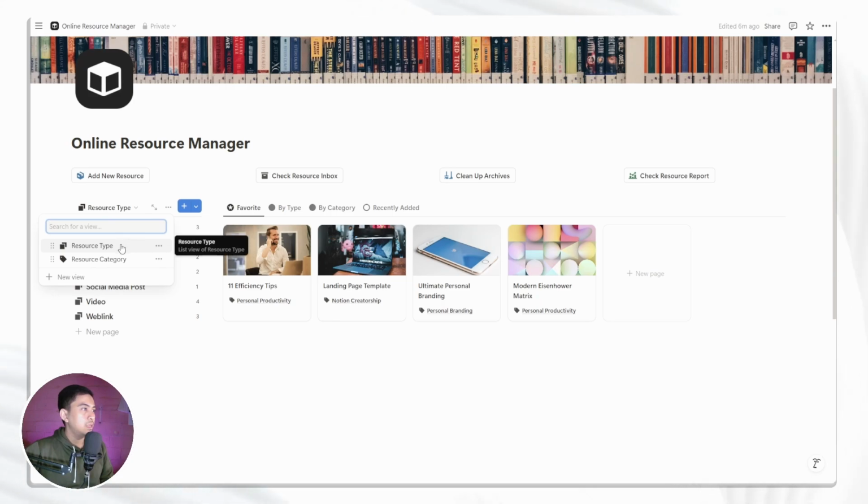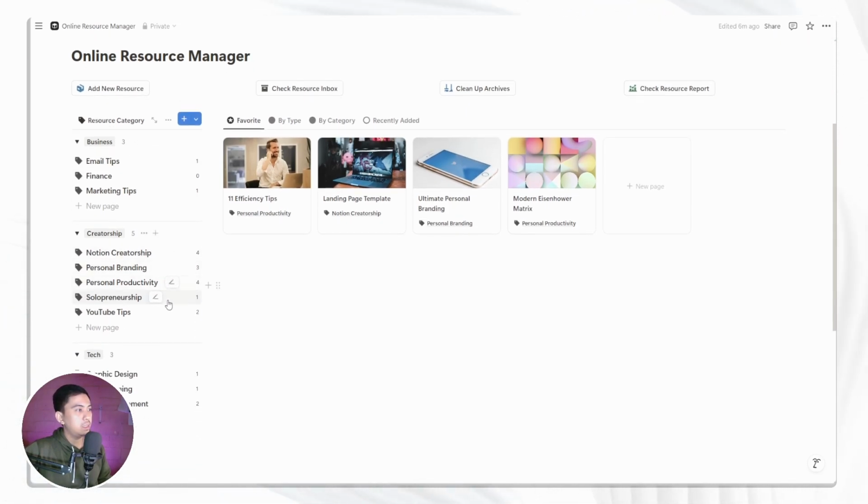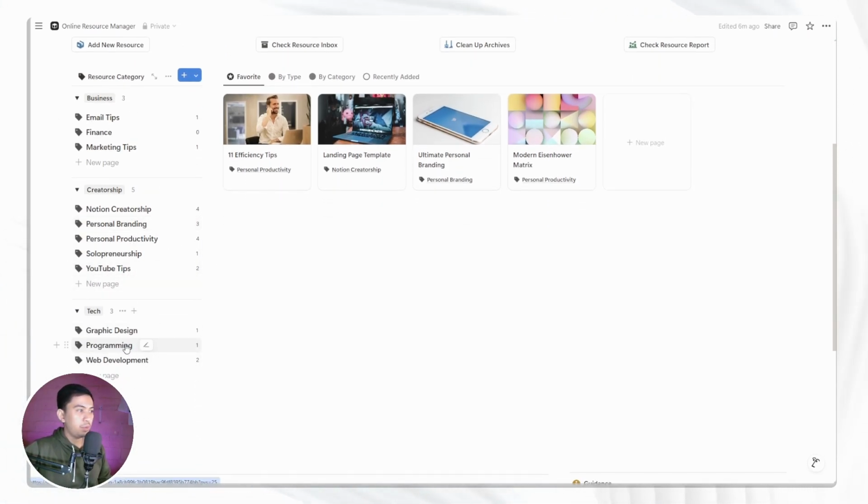And aside from the resource type, you can also use category. It's a really straightforward one. This will help you to label each of these resource items by what the resource is about. So whether it's related to email tips, personal branding, programming, web development, you can add anything that you want.